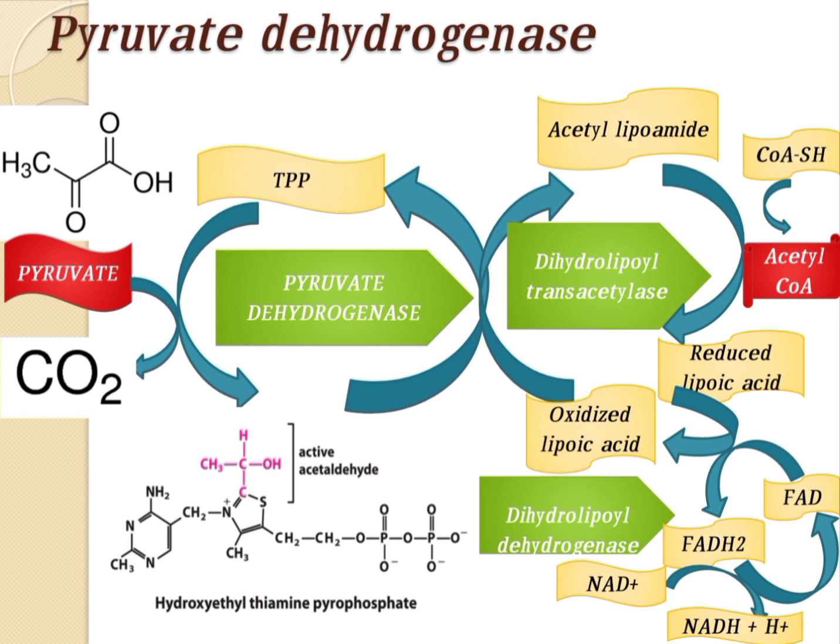Now, since one molecule of glucose gives rise to 2 molecules of pyruvate, ultimately the link reaction for 1 molecule of glucose will give rise to 2 molecules of NADH. As we all know that 1 molecule of NADH is capable of producing 2.5 molecules of ATP by electron transport chain. So, the link reaction for 1 molecule of glucose will ultimately produce 5 molecules of ATP.